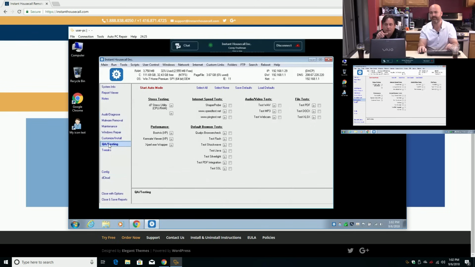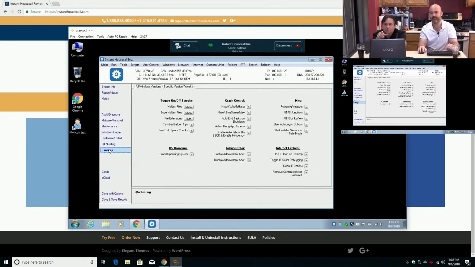What are tweaks? We can go down one. Tweaks, what do we have? Hidden, oh, okay, showing hidden files. Super hidden files, I don't know what that means. File extensions, taskbar, balloon tips, oh, turn those on and off, that's nice. Load disk space checks, nice. Crash control,